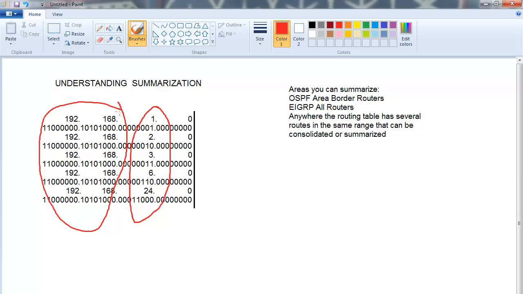They all fall into the same hierarchical model. Hierarchical model means does it fall under the 10 network, the 172.16 through 31, or 192.168? And because those are your private address ranges, slash 8,